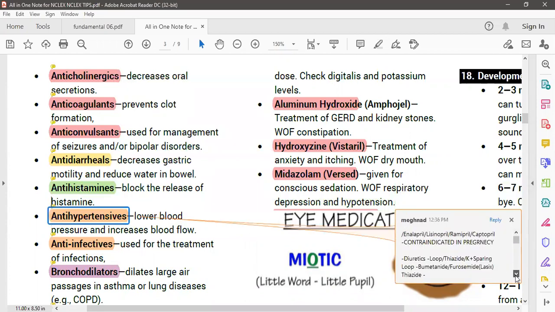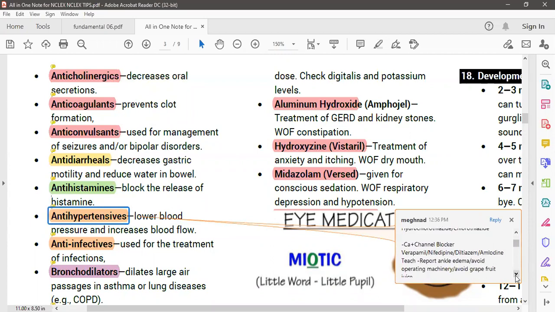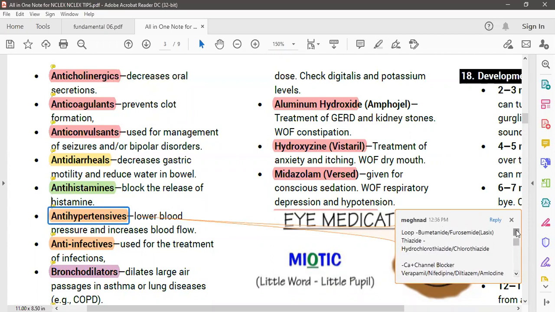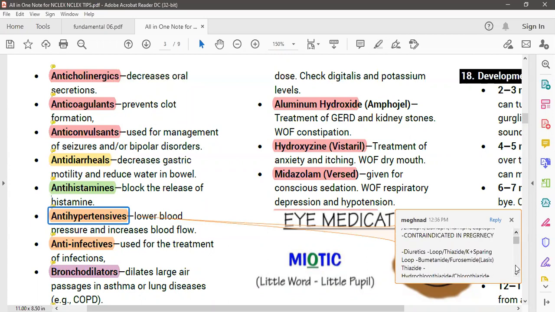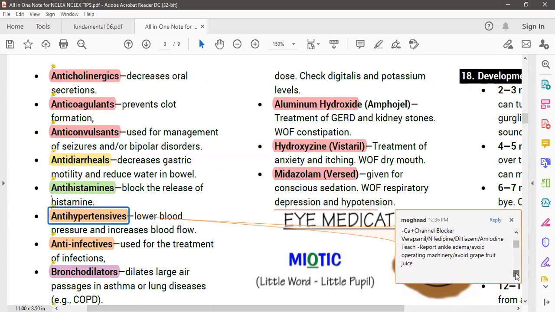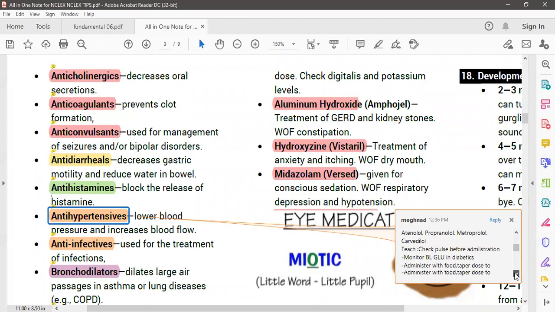Particularly now I'm going to focus on the beta blocker. We educate the patient to check the pulse before administering the beta blocker. Also monitor the blood glucose in diabetic patients, administer with food, and taper the dose